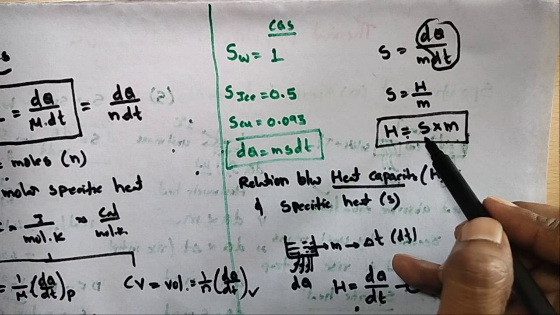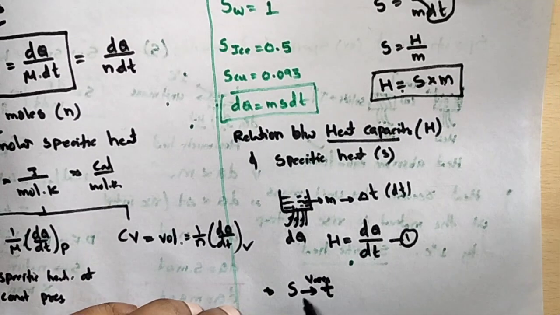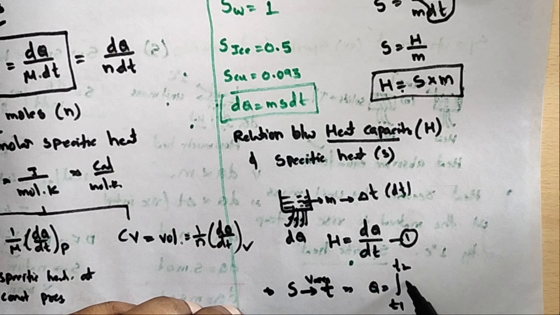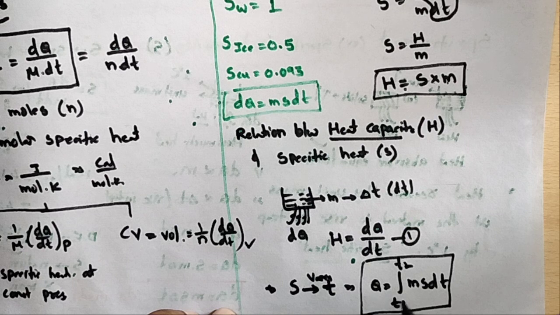Next point, specific heat changes with respect to temperature. How do we take that into account? In this case, Q is equal to the integral from T1 to T2 of m s dT. This formula is used especially when the specific heat of the object keeps changing with temperature. For this purpose heat is required: Q is equal to the integral from T1 to T2 of m s dT.